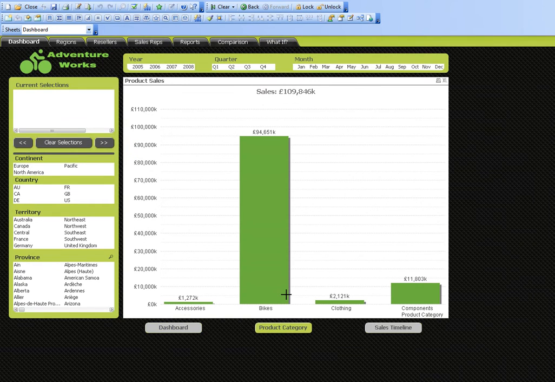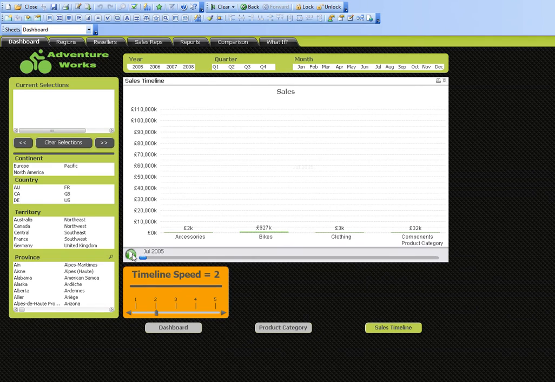I have a product category chart which details the 4 product categories available on the database, and also we have a sales timeline, which is an animated chart which shows sales over time. We can stop that. We've got a slider, change it to 5, speed up the animation,